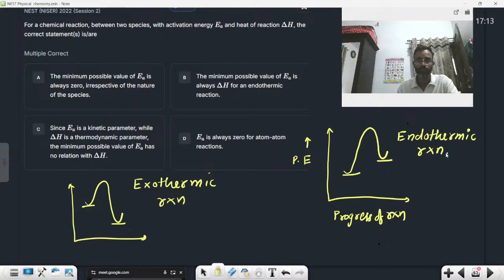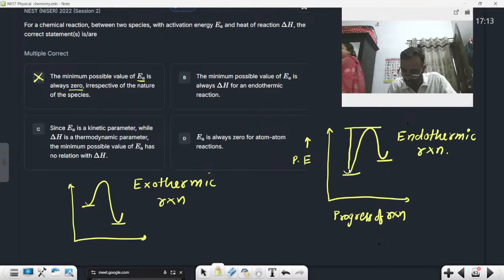whenever there is any reaction, there should be some activation energy. Only then can the reaction take place. It is written that the minimum possible value of activation energy is always zero. That's not true. It may have some value, but for all reactions it is zero, that is not true. Second is, you know